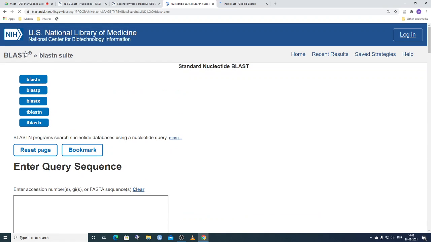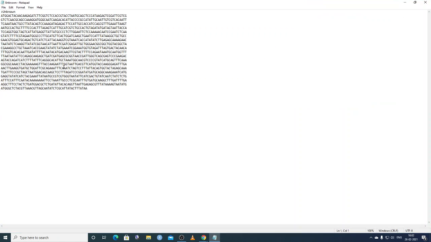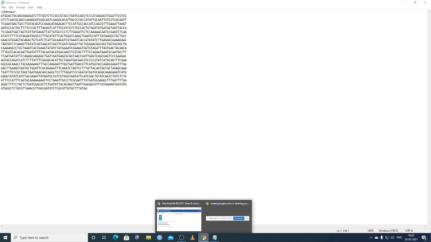So you can see here the BLASTN suite. The BLASTN program searches the nucleotide database using a nucleotide query. We want the information about this nucleotide, right? So this is our unknown nucleotide sequence, and we want to get information about it. What we do,